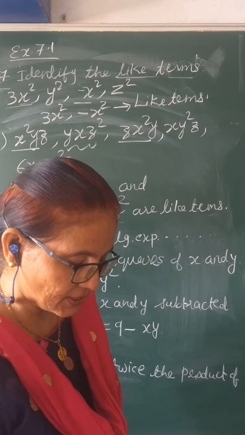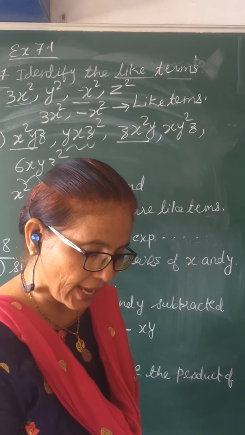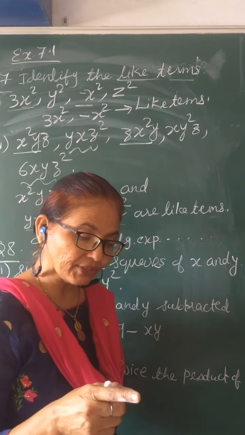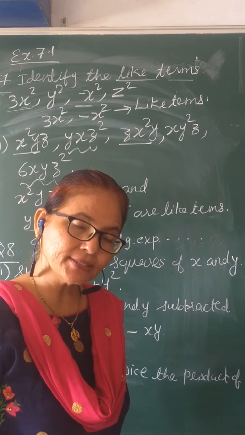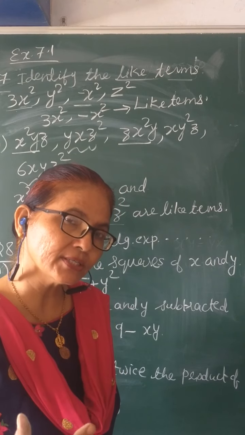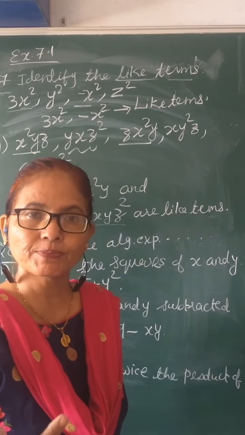In this way you can write all the remaining questions. You can see the sixth one is: 7 added to x multiplied by itself. You have to add 7 to x multiplied by itself. So x multiplied by itself means x into x, that is x square. So in x square you have to add 7. So x square plus 7.